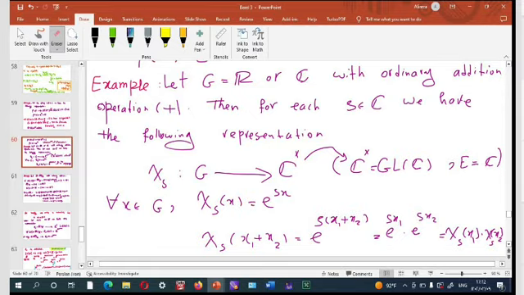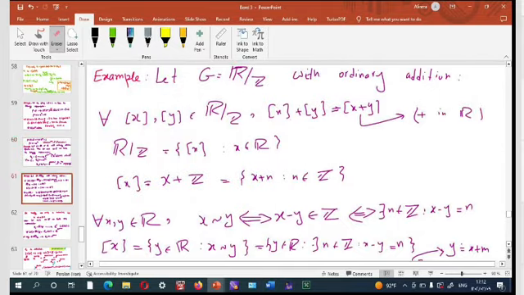This is a group homomorphism because chi_s of x1 plus x2 equals e to the power of s multiplied by x1 plus x2, and this is equal to this multiplication, so this is a group homomorphism, because we consider in this group multiplication as the binary operation, and in this group addition as the binary operation. Okay,